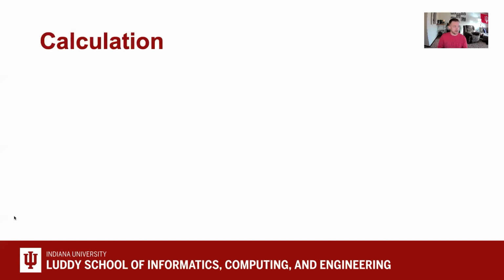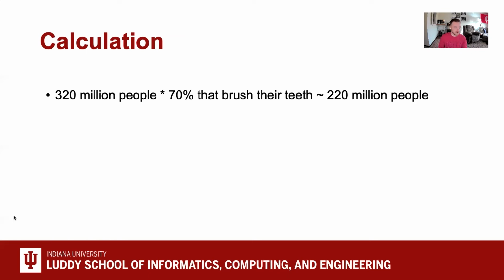And the way that I got to my final answer, I had to calculate it out a little bit. I'll go through my thought process on how I rounded numbers and how I got to that final part. So I did the number of people times the percent that brush their teeth. So 320 million people times 70%. The way that I like to work through this is to break it up into easy numbers. 320 times 70% is not really that easy of a number. So what I did was I took 10% and multiplied that times 3 to find the number of people that don't brush their teeth, and then subtracted that from the total.